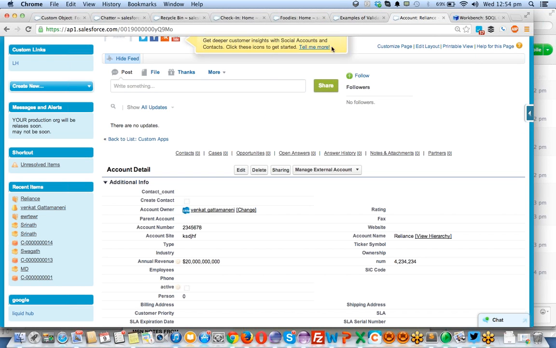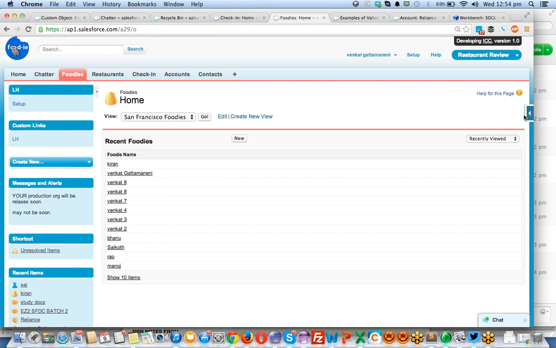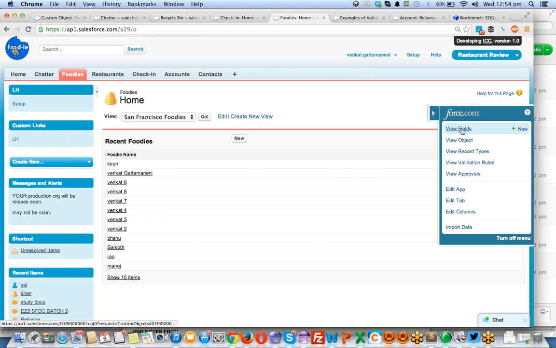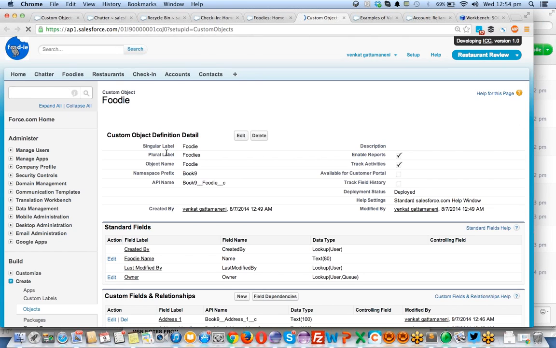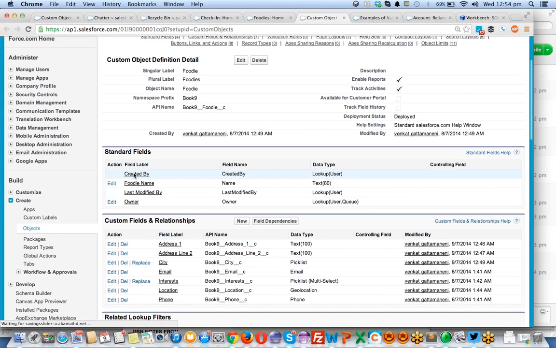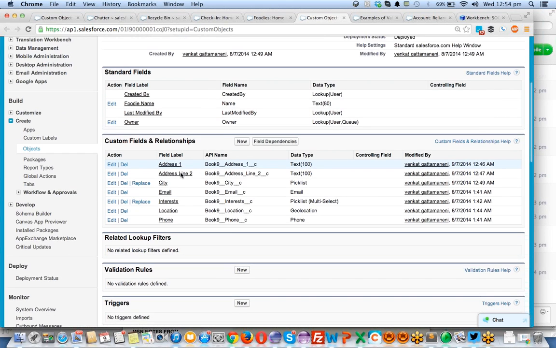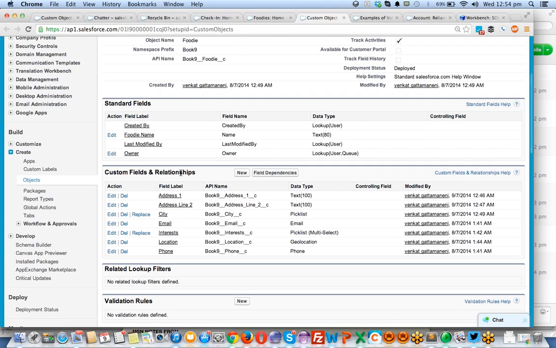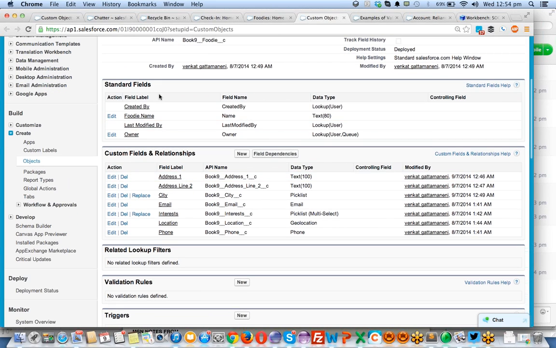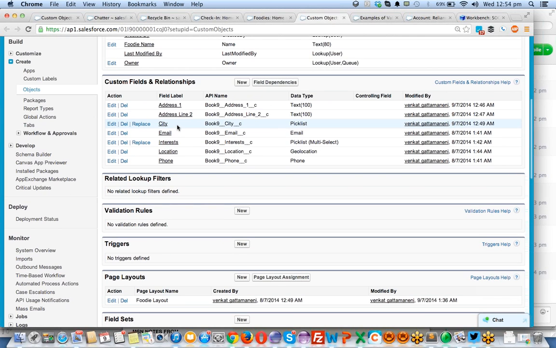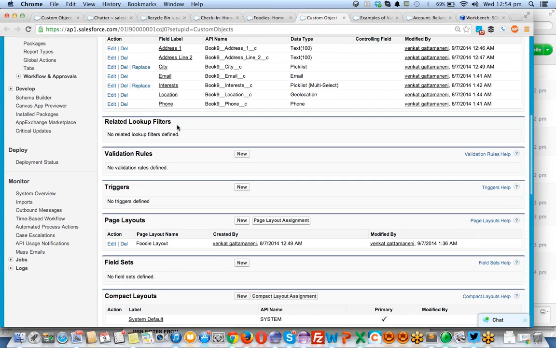So we came out from going to object, view object. So I just came from police object, right? I came to explain about these fields. Along with this, there are some more standard fields which are not available here, but it's in the backend. You can use it whenever you need for checking their last modified date, period, all this stuff. I explained that now. I'm coming to lookup filters.